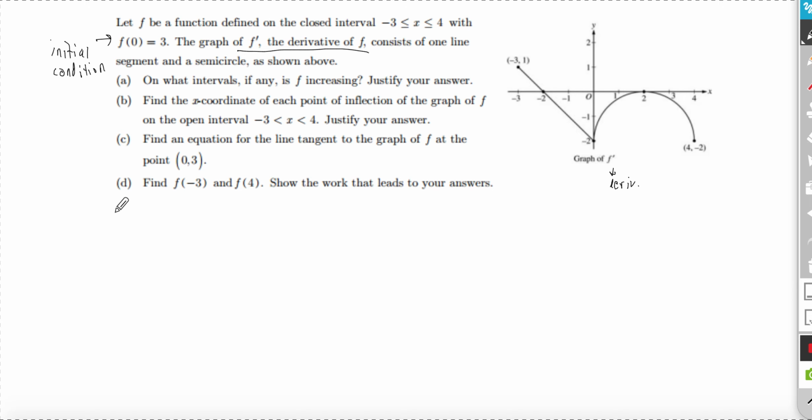On what intervals is f increasing? Justify your answer. I like to justify first because it shows me what I need to look for. So I'll simply say f is increasing when f prime of x is positive. Now I know what to look for. That happens on the interval